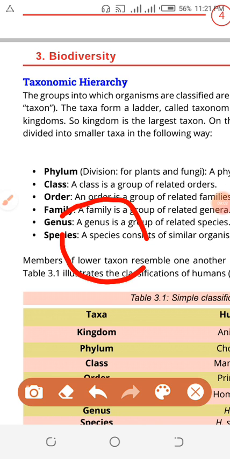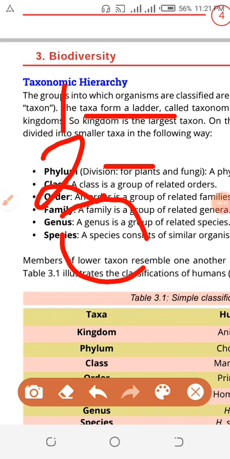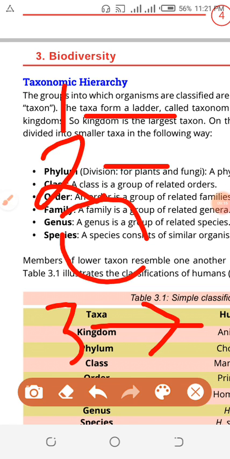Another condition I am adding. I gave you only 2 conditions. One condition, they can interbreed. Second condition, they produce the offspring. The third condition, this is very important, I did not tell you early: they produce fertile offspring. What is the meaning of fertile offspring? Fertile offspring is the offspring which can reproduce further.